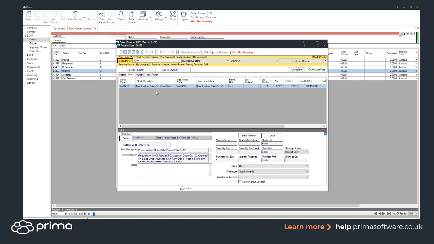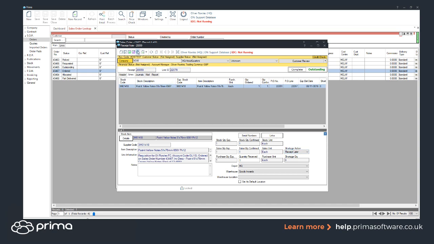One thing to bear in mind is, depending on your supplier and the preferences you've got set up, this shortage action here, if it's set to return and reorder, then as it says on the tin, would put the item into requirements to be reordered and also raise a supplier return. So that's typically for a shortage, whereas receipt later is the back orders one. We do have a webinar specifically on that as well if you want to have a watch over that. But just to bear in mind, if you just want to wipe it off, make sure it's receipt later